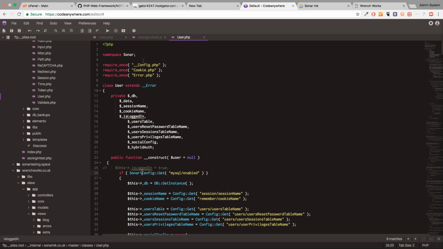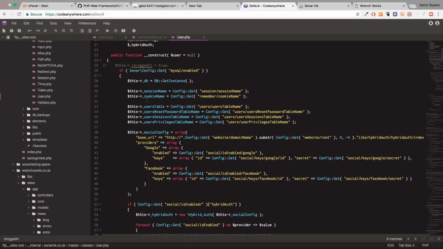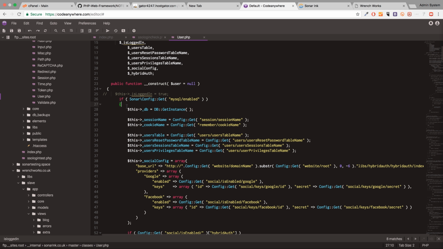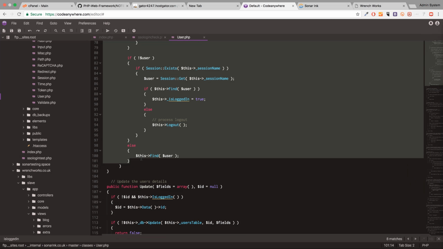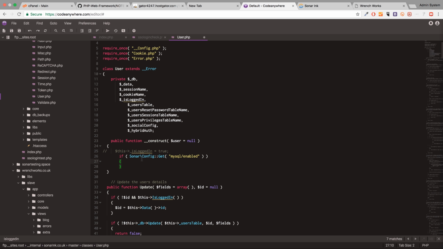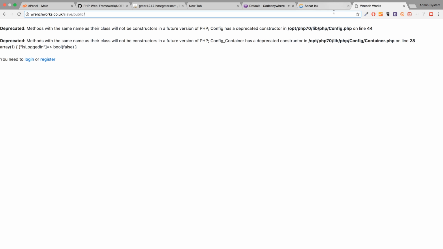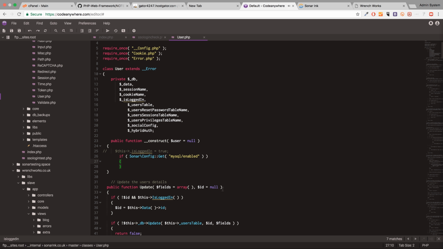Maybe that's what's required, but we got the config here, so that shouldn't be. Apparently that does mess it up then. It's almost as if it's getting into this. So if I get rid of the contents, I'll save that, refresh. If I get rid of this,